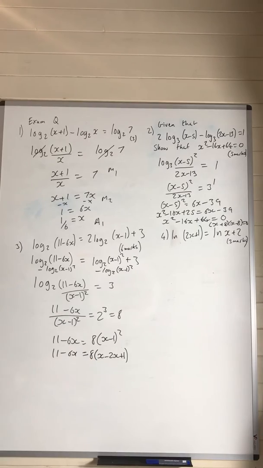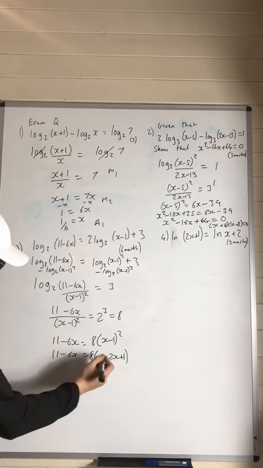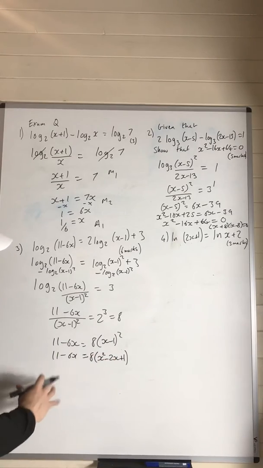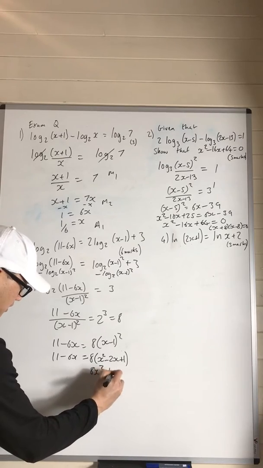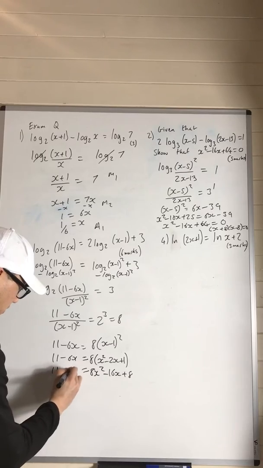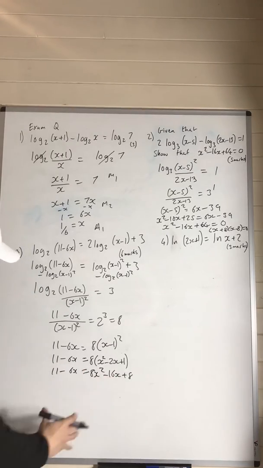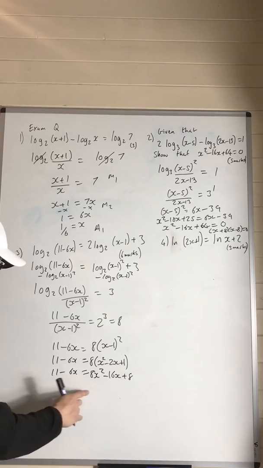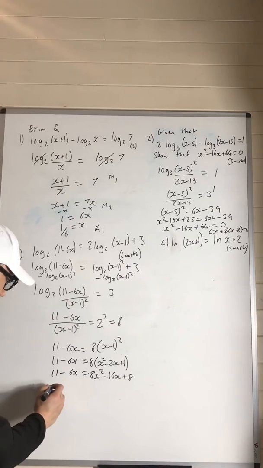You can see we're going to have a challenging quadratic to solve later, and that's a squared here, don't forget that. Expand, simplify and set to 0, so that's going to be 8x squared minus 16x plus 8 equals 11 minus 6x. Make sure you can do this well, or you're going to lose a few marks, your answer marks as well. So I'm going to minus 11 and plus 6x, so I'm now going to get